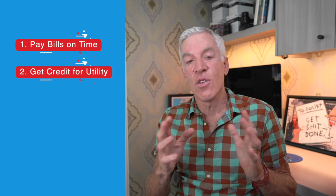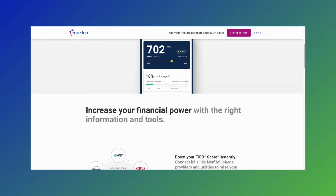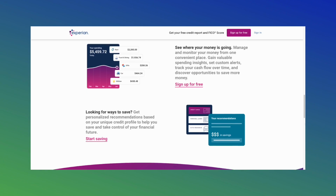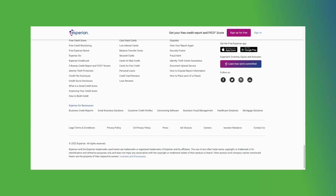Okay, tip 2. Get credit for making utility and your cell phone payments. One of the credit bureaus is offering a free product called Experian Boost. If you've been making utility and cell phone payments on time, there is a way for you to improve your credit score by factoring in those payments through a new service. Now, these accounts usually are not taken into account when they calculate your score. But if you have been paying these on time,